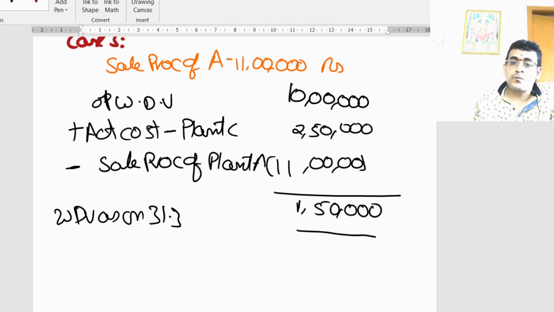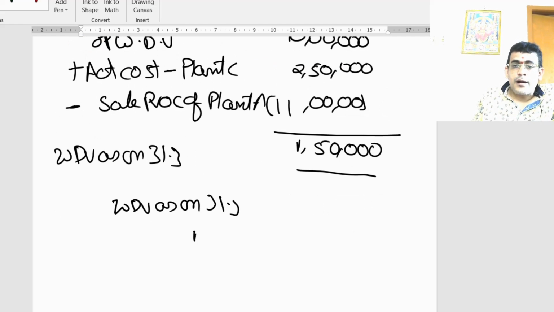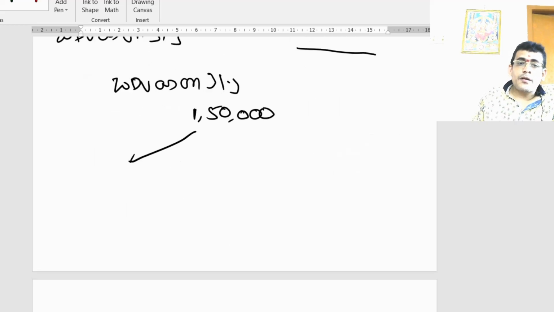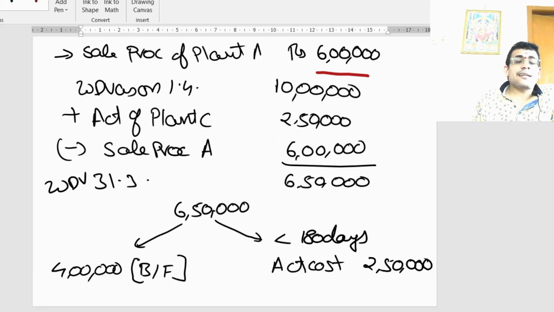Now what I am supposed to do? Earlier what we have done, taken your WDV as on 31st March, you had written that as some amount. This amount, what you have done, broken up into two components. What is the first component? You said your first component was your actual cost, and the second component is nothing but a balancing figure. Now let us move to the other thing. Your WDV was 6 lakhs 50. What you said, your actual cost of the asset was 2 lakh 50 and balancing figure was 4 lakhs. On this you are claiming full rate of depreciation. On this you are taking 50% of the normal rate of depreciation.